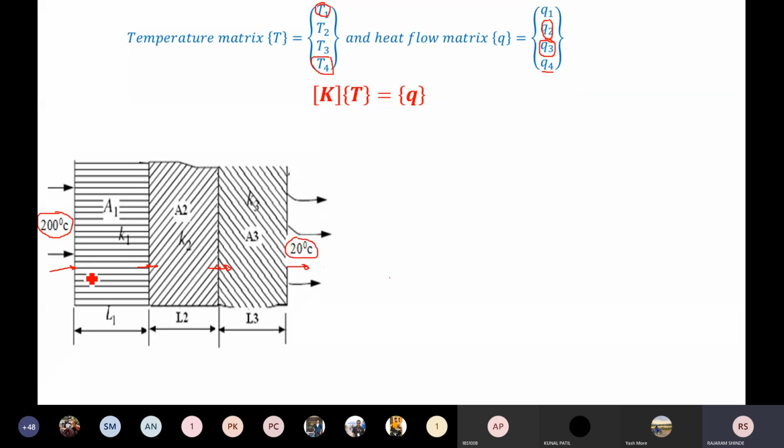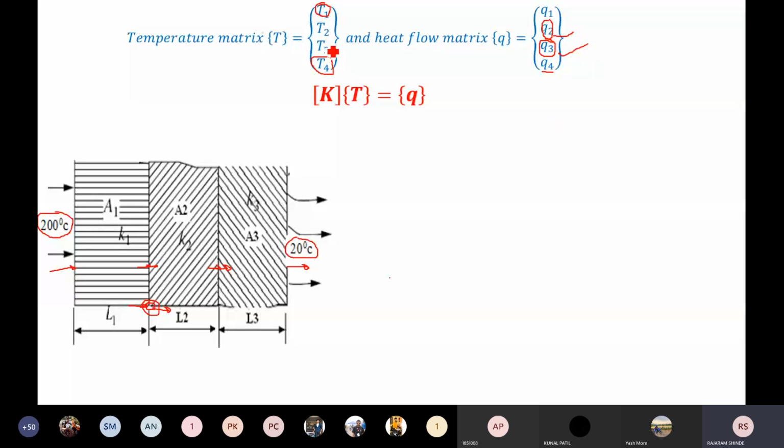At this location, heat is coming inside the wall. At this location, whatever heat is going outside node number 2, that same heat is going inside the node number 2, because node number 2 is common at this location. Here heat is coming from this side and the same heat is going outside. The resultant heat at this node is 0. Therefore, Q2 is 0. Q3 is also 0. Do you agree with this?